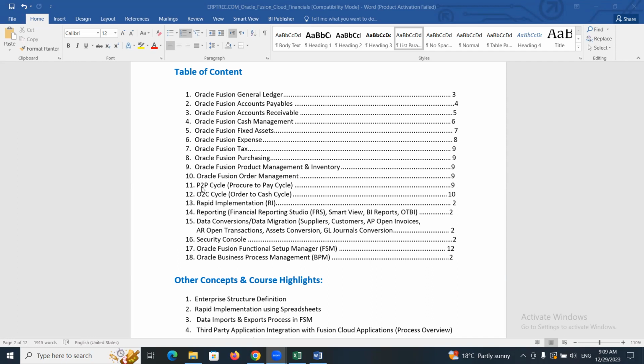Apart from that, we'll go through the P2P and O2C cycles, where you can understand from scratch the procurement process, how it connects to the payables department, and how finally we make the payment. In the O2C cycle, how the orders come to the sales department, how we create the invoice and how we collect the payment. And the rapid implementation, how we can do the manual setups as well as how you can